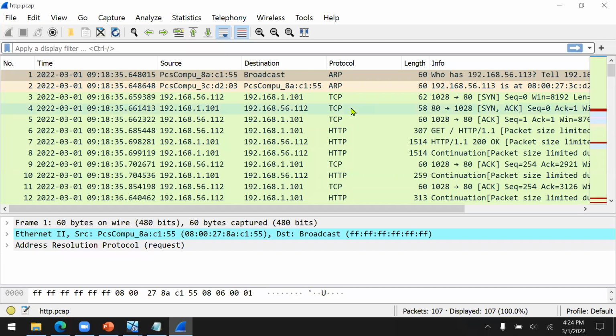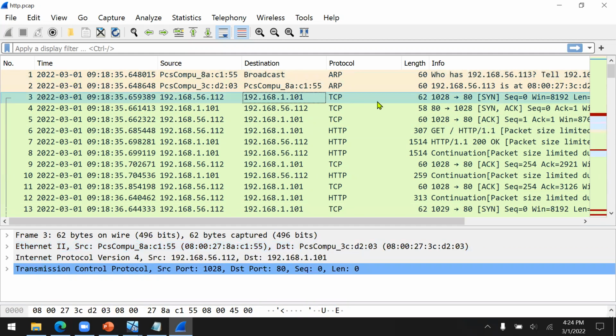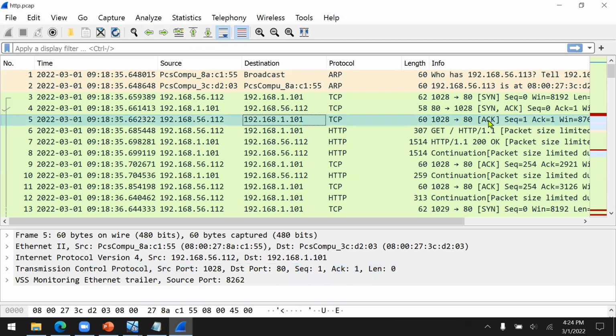What comes before the HTTP connection is the three-way handshake: TCP SYN, TCP SYN acknowledge, and then TCP acknowledge. This is what we call the TCP three-way handshake.